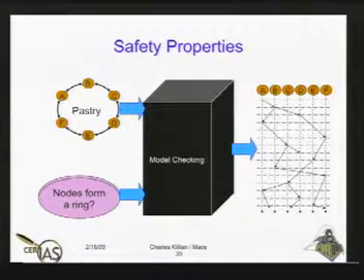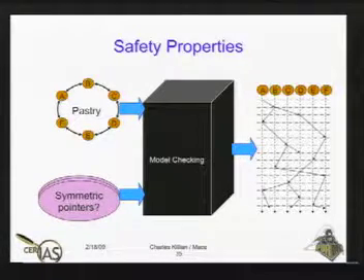Say, the nodes always form a ring. This will not be a safety property. The model checker will return instantly, because right after booting all 6 nodes, they will not be in a ring. A safety property is something that must always be true. So this cannot be a safety property. All right? So maybe it's the case that if I have a successor, the successor's predecessor should be me. Seems like a sensible safety property, except that in a distributed system,